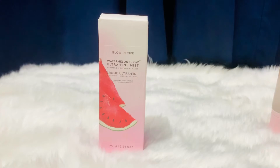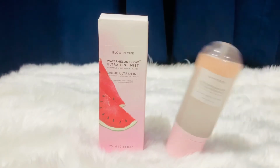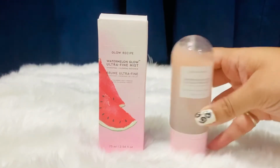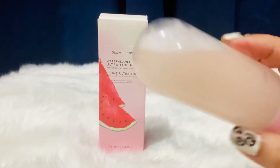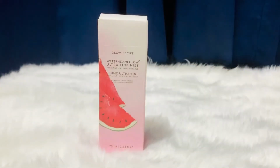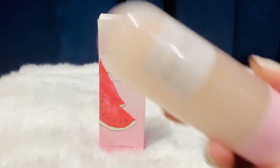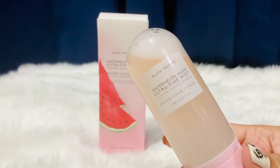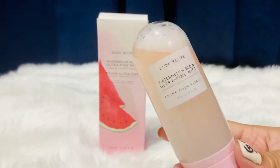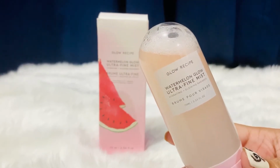it is a $28 face mist. Yes, just a face mist. Oops. This is a TD Teddy. Let me show you how it looks. So this is a 75 ml product. This costs you $28 without the VAT tax and the